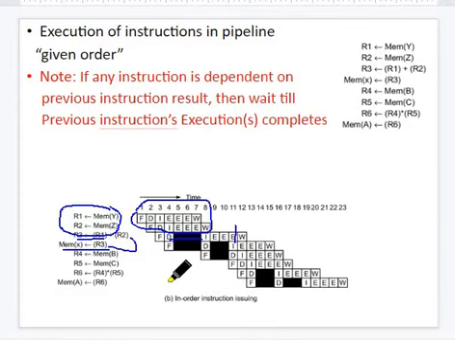Okay, fine. Next, the next two instructions are free, very independent, so they won't wait, but their wait is because the processor is busy with the previous execution. For that reason they will wait. So once memory B and memory C complete, R6, what is R6? R4 into R5. So that instruction will execute, and its execution completes here.